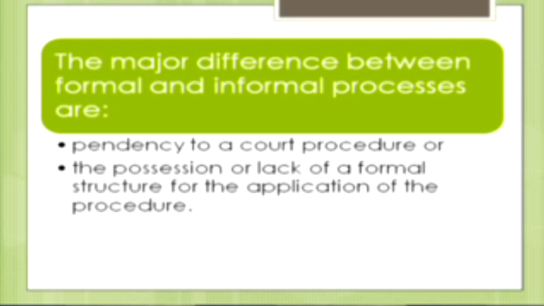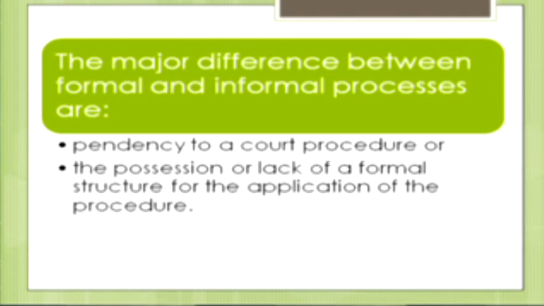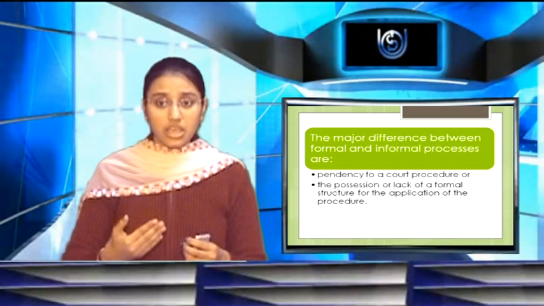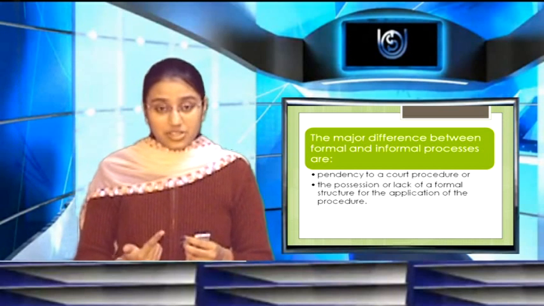In these major processes, arbitration, litigation, and other alternative dispute resolutions are available for all those parties who want to resolve their disputes. But in that case, there is a major difference between the informal and formal. If we talk about informal and formal, the first point is the court procedures. They have a chance to avoid court procedural practices, because it invites different kinds of laws. So court procedure is the first difference.